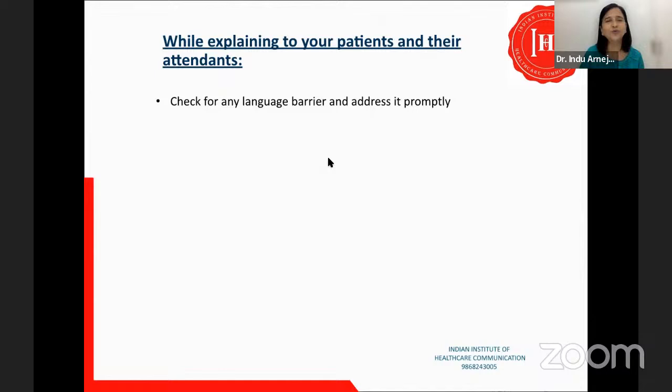And we don't even care to hire people who can translate for us the languages from Northern India or Southern India or Northeast states. But if you are able to check for any language barrier and address it promptly by having somebody who can explain to you, then definitely you will make sure that your communication with your patient is established. When you're talking to them, try to use as simple and clear language as possible, because a lot of